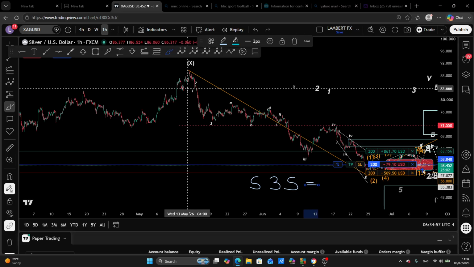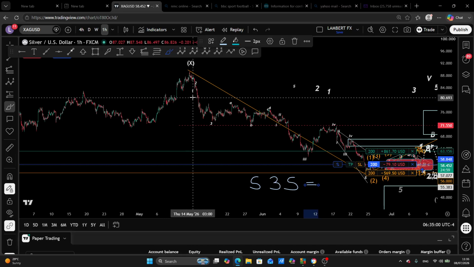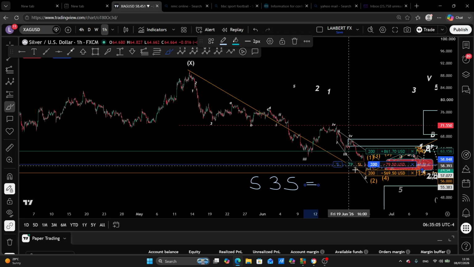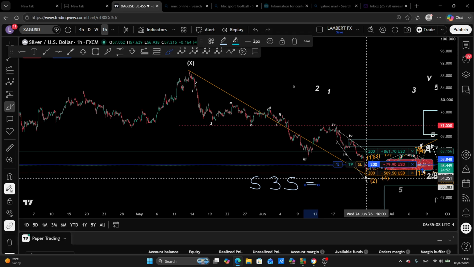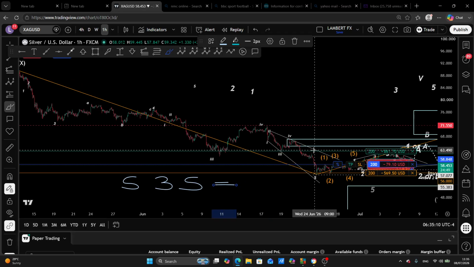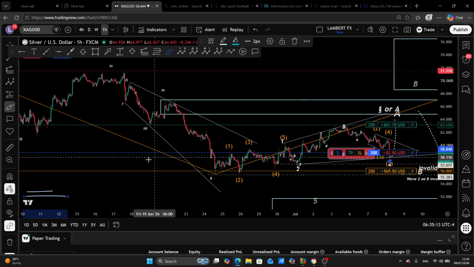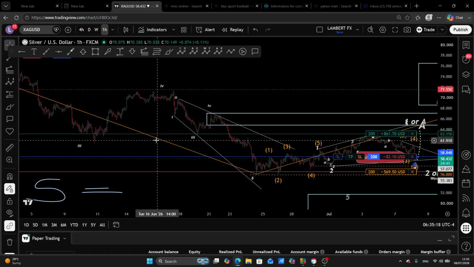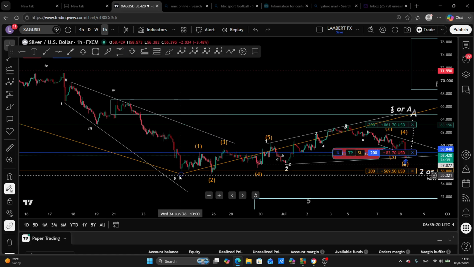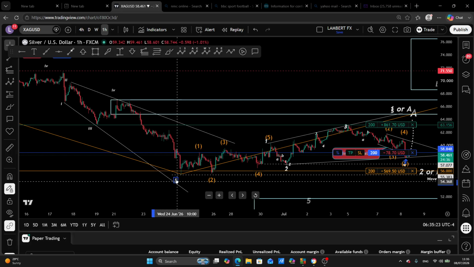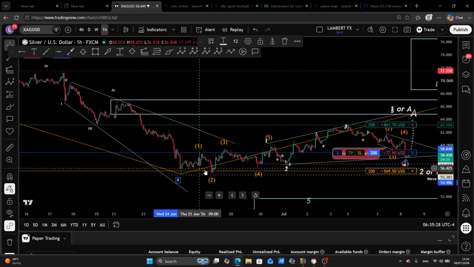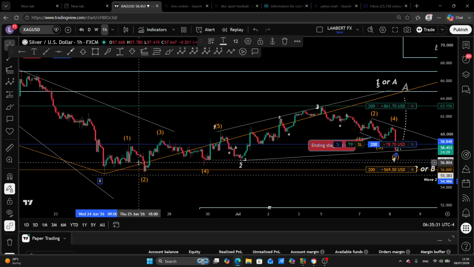Okay. So here we have a 1, 2, a 3, a 4. And then the final push down for 5. If I zoom in, you would see that the 5 completed right here, right there. And after we had the 5 leg completion, then we formed what is called a leading